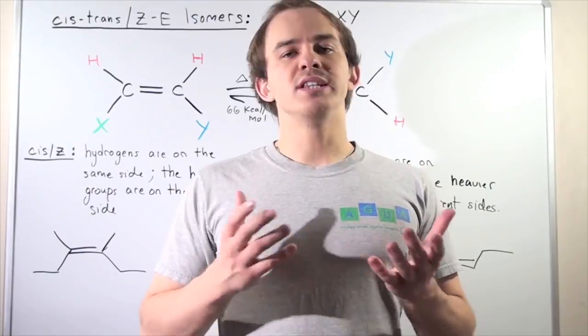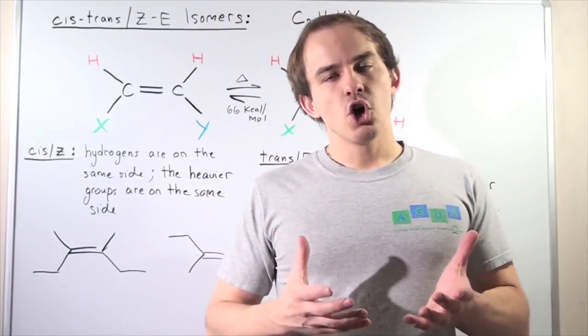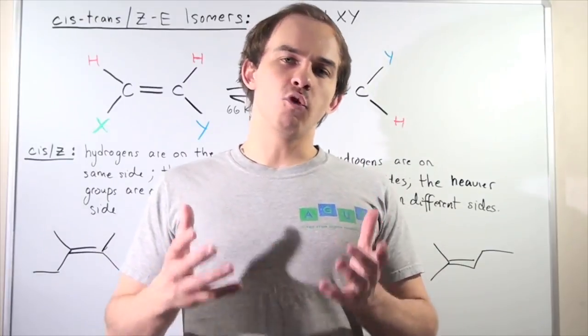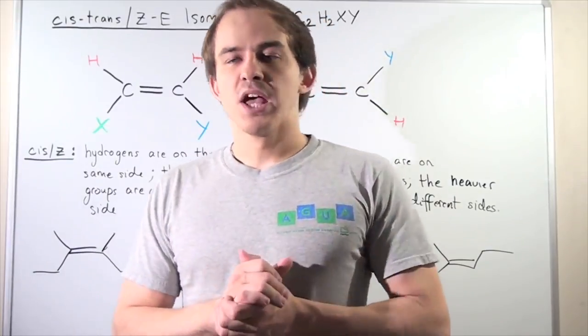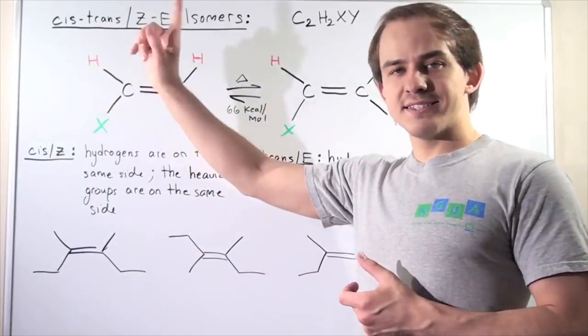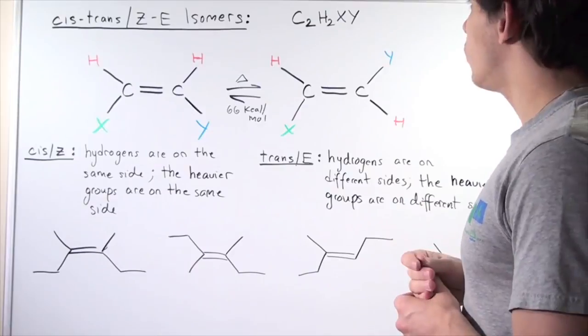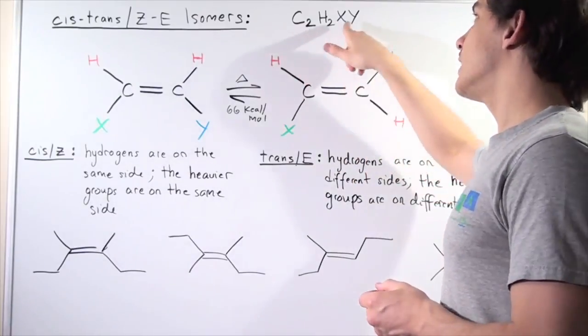So let's recall what an isomer is. Two compounds are said to be isomers when they have the same exact molecular formula but different structures. In this lecture we're going to focus on cis-trans, or Z/E, isomers. Let's begin by looking at the following alkene that has the following molecular formula: